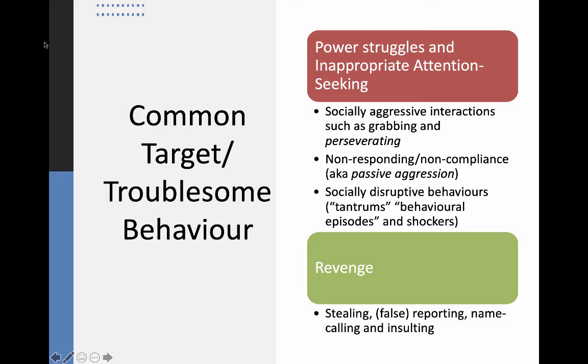And you might also see people do behaviors that I like to refer to as shockers. These are behaviors that this individual seems to understand break a social rule, but that they don't seem to care very much about the social rule. For example, I worked with people who would lift their top up in public because they didn't care very much whether people saw their body, but they could see that they got a strong reaction almost every time.